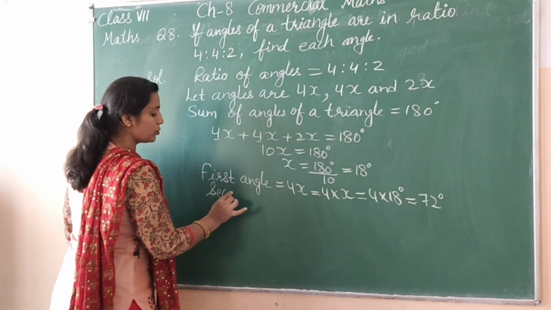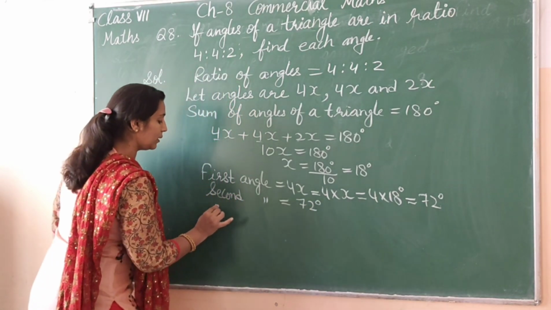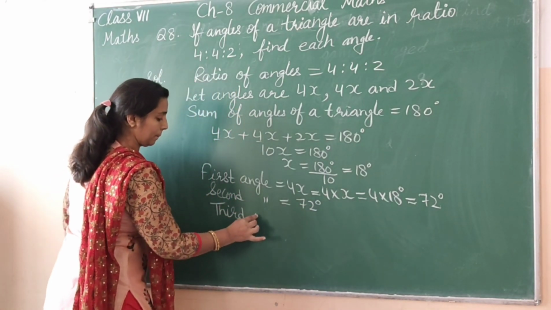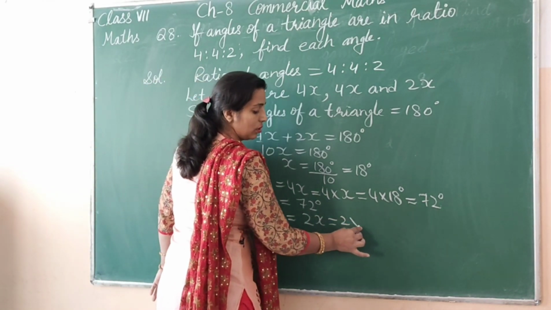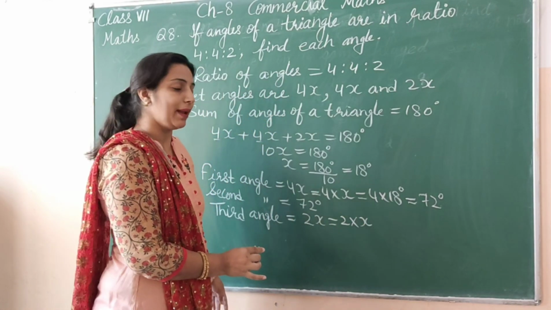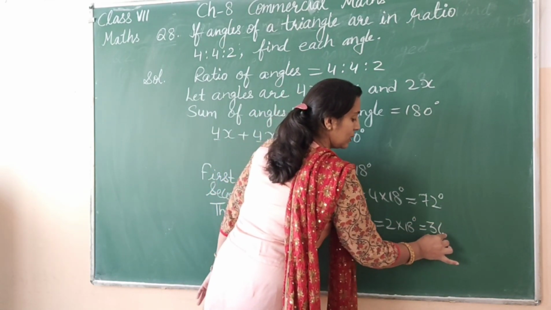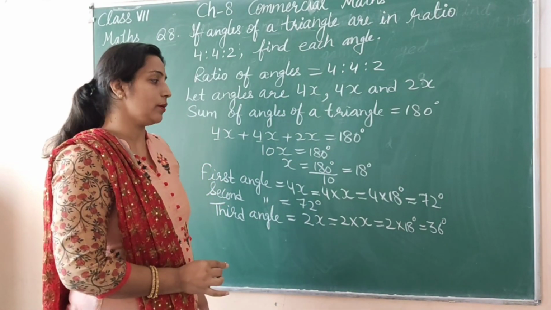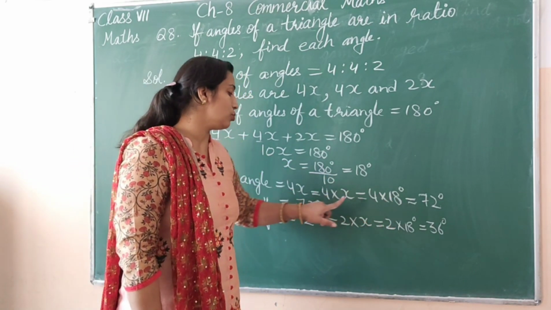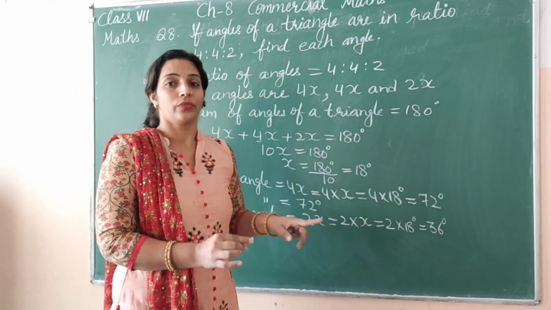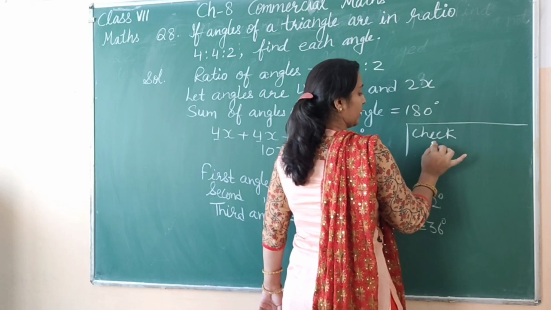Second angle is also 4x, so the second angle is also equal to 72 degrees. Now the third angle is equal to 2x. 2x means 2 multiply x, that is 2 multiply 18 degrees, that is 36 degrees. Okay. Now these are the values of the three angles: 72 degrees, 72 degrees and 36 degrees. If you want to check your answer, you can check also. 72 degrees